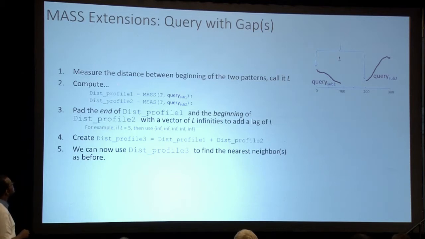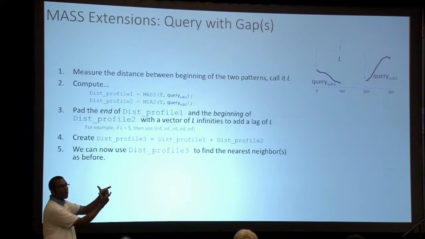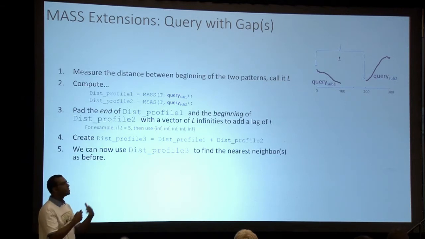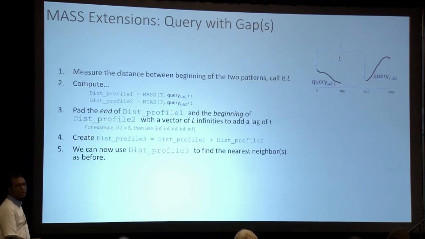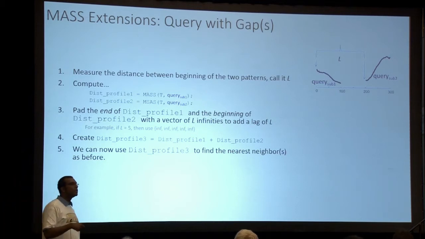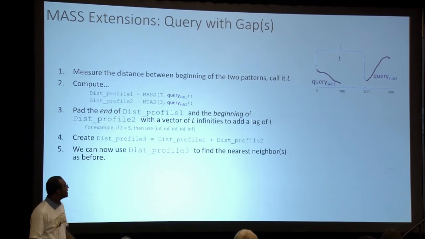So basically you will measure the distance between the beginning of the two patterns. You'll use query subsequence 1, which is this one, and create a distance profile using MASS. You take query subsequence 2, create a distance profile using MASS independently, and then you shift distance profile 1 against distance profile 2 by L elements, and then you sum the distance profiles. And if you sum the distance profiles, then the final distance profile will give you the nearest neighbors of this query in the way that you want, in the way that the individual subsequences scale and shift independently,